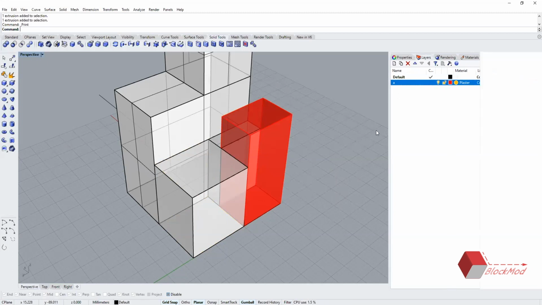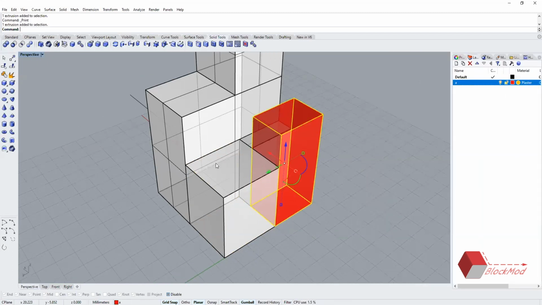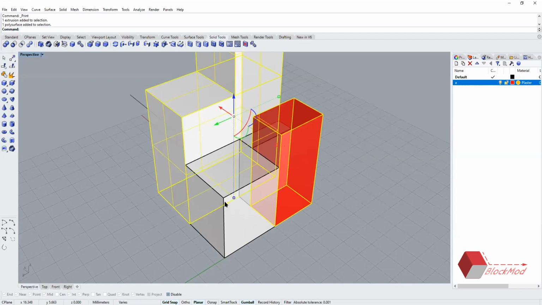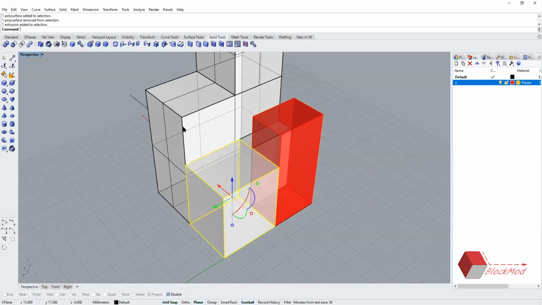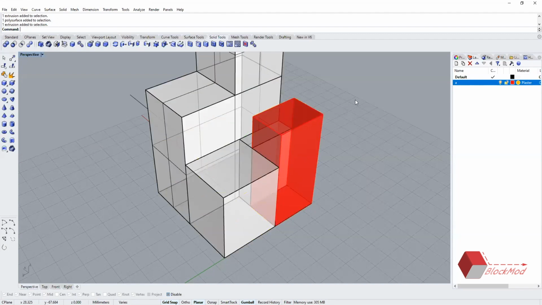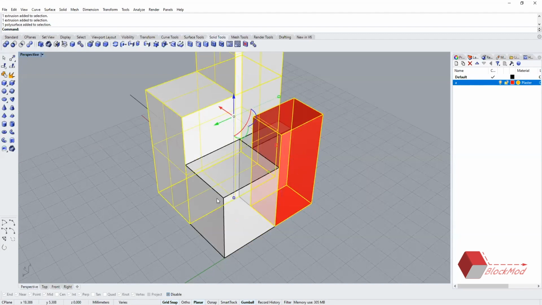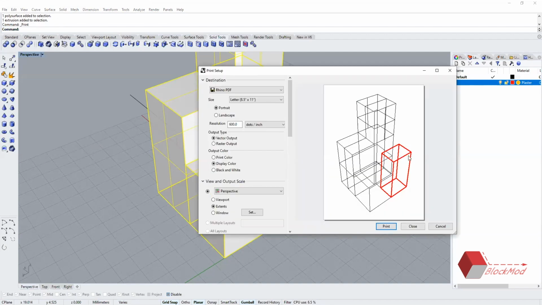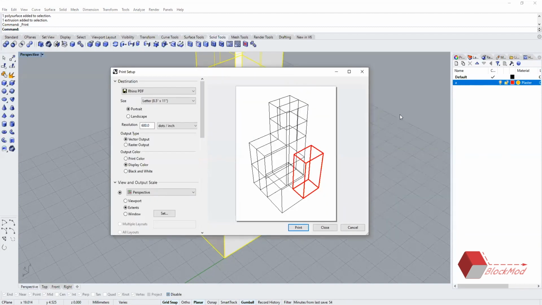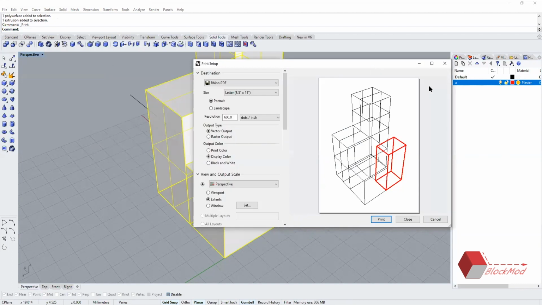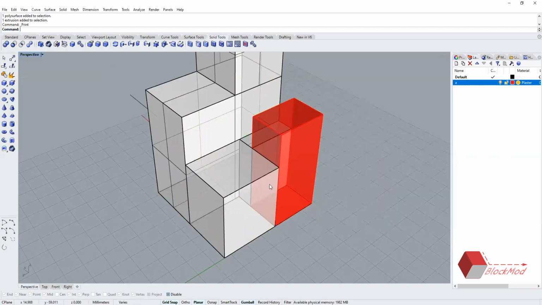In modeling, it won't be seen, but if I put this around separately, I'll just click all the three. Sorry. Yep, there you go. And say Control P. So you can see here the red which we have placed in the layer, only that has a thicker line. So now the point comes, how can we use this?